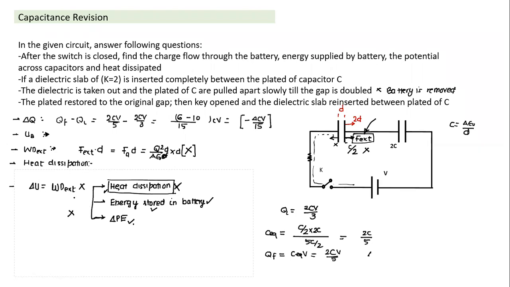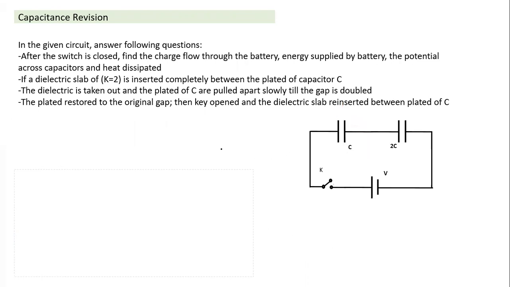But as far as any changes are concerned, I hope we understand what the effects of this are. Suppose we change this question slightly. What are the ways we can calculate here? Let's change this question a little bit. If I say here, the dielectric is taken out and the battery is removed. So the dielectric is taken out and the battery is disconnected. Can we still calculate the work done by the external force? Is it possible? Not possible.